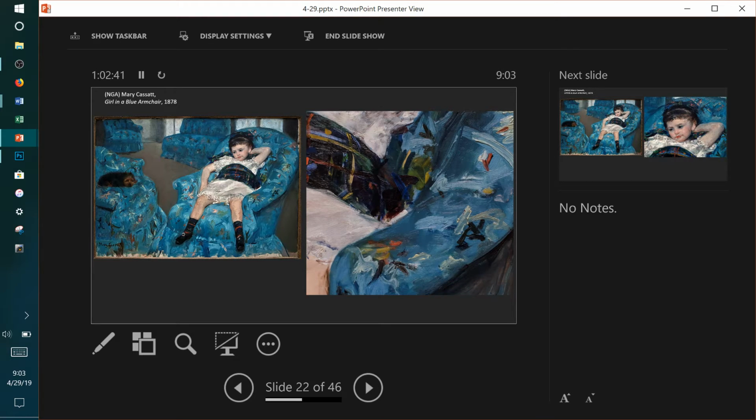Now with Cassatt, we have an interesting issue. It'd be a great place to sort of end class today. And that is, as a woman artist, and I hate saying that because it makes it sound like if I don't say woman, artist means man. But as a woman painter, Cassatt had more opportunities in Paris than she did in America.